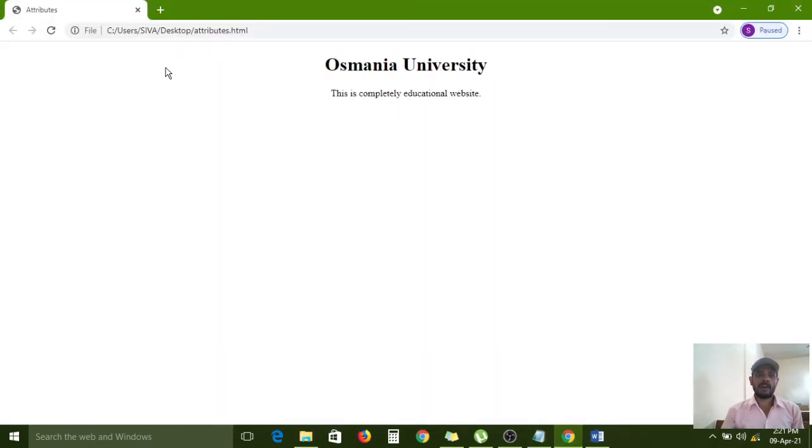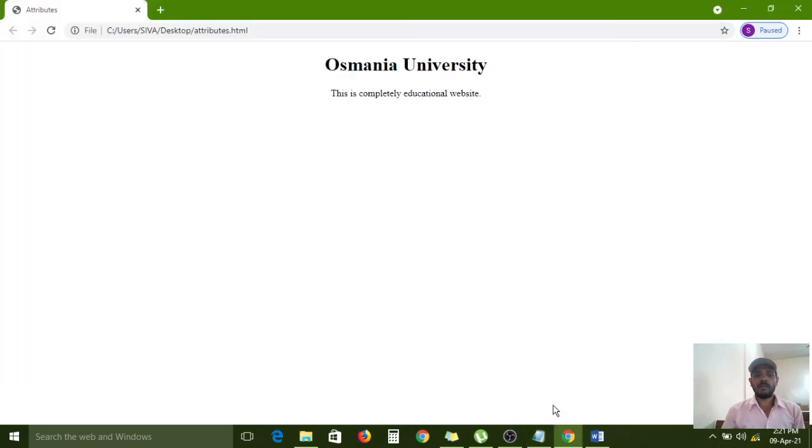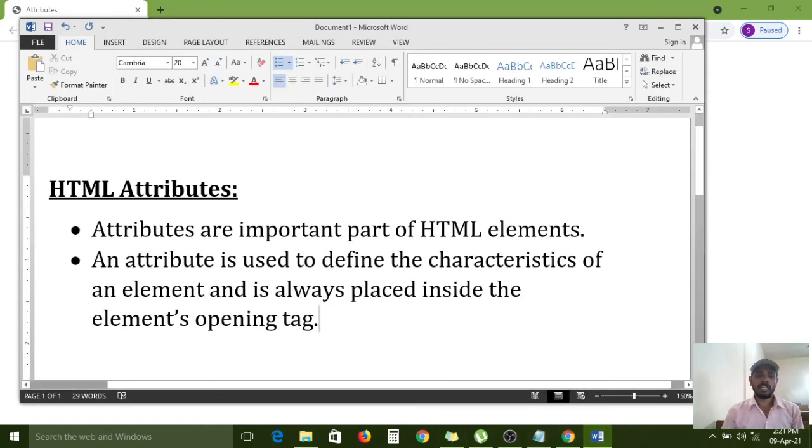Sometimes I want to align here, sometimes here, sometimes here. But if you give the align attribute in the body tag, then all elements will centrally align. Understand? So that is the concept here.